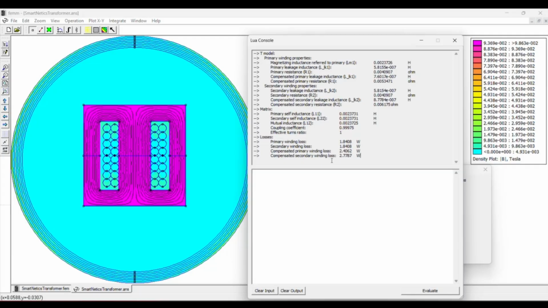And in case you need a higher accuracy, because you need to check the current distribution or the real magnetic field distribution or something like that, you can automatically export that to a third-party tool without the need to learn how to use that third-party tool. For example, one of the perks of this particular tool, FEM, is that it is free, but the downside of that is that it is very, very, very hard to use.